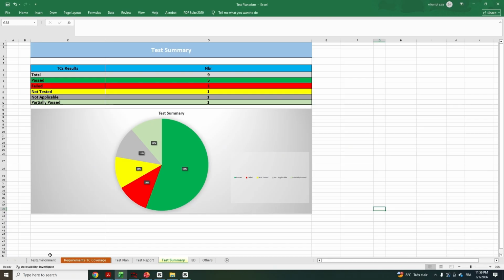You start from software requirements, you write your test plan, your test scenarios, you review the test scenarios by coming back to your requirements, you check the coverage or the link between each requirement and each test case. Once you have this,